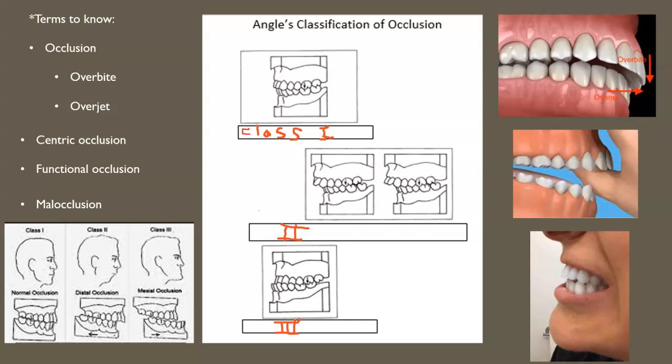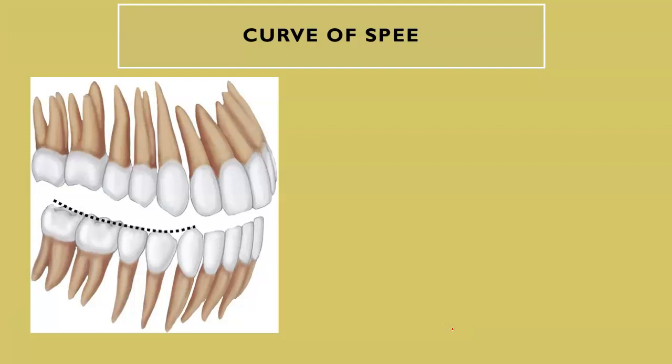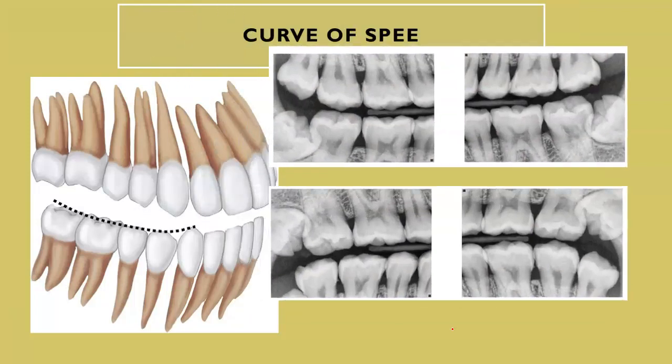So make sure you have an understanding of Angle's classification of occlusion. Let me exit here. Also overbite and overjet, and being able to identify what is what. We have, again, something that's known as the curve of Spee. This just helps to determine,